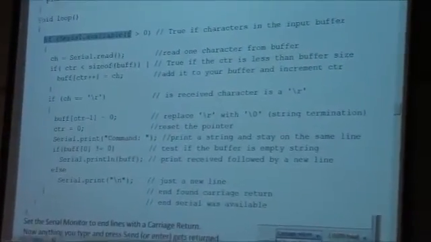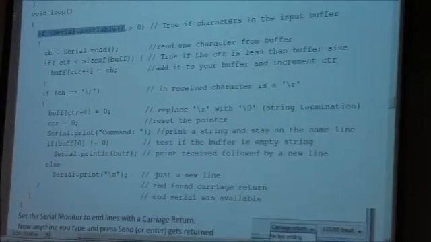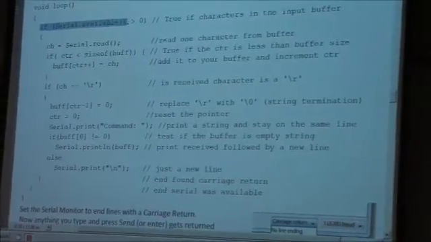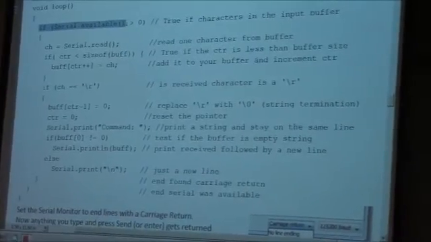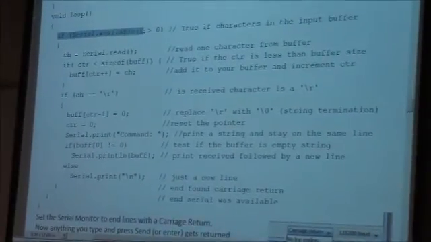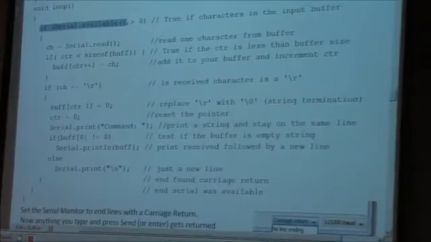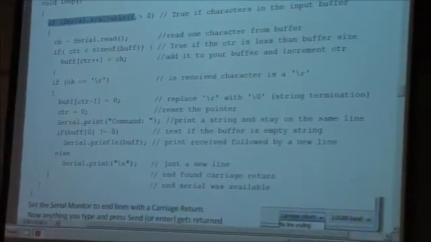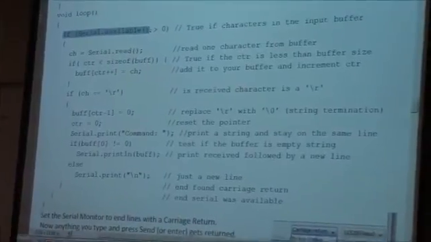Is there any serial data available? Is it greater than 0? Is the number of characters available in the serial buffer greater than 0? So this program just sits here and basically does nothing, just checking to see if there's data in the serial port. As soon as we send something, let's say on the terminal,